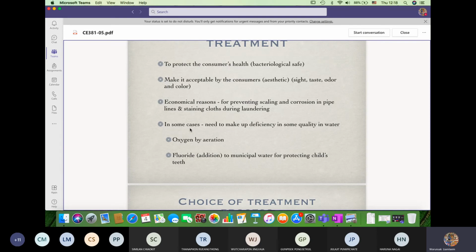So if you drink water with a high fluoride content, what will happen? You will end up with dental fluorosis. But if there is too little fluoride, of course, you also have problems with your teeth. So too much is also not good. Too little is also not good. This kind of